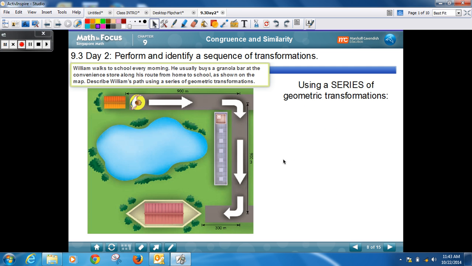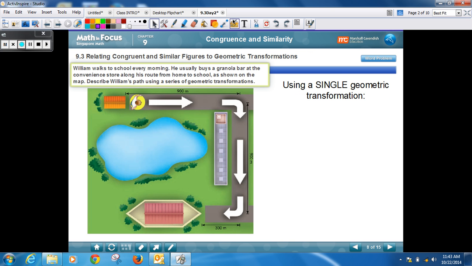Our next one uses this exact same example, but now it wants us to use a single transformation. So basically, how does he get to this point from the starting point to down here? Okay, well, without just going this way, he translated this way a little bit because he doesn't have to go too far, and then he had to go down a whole lot. So we have to figure out what that is going to be. So it's going to be a translation